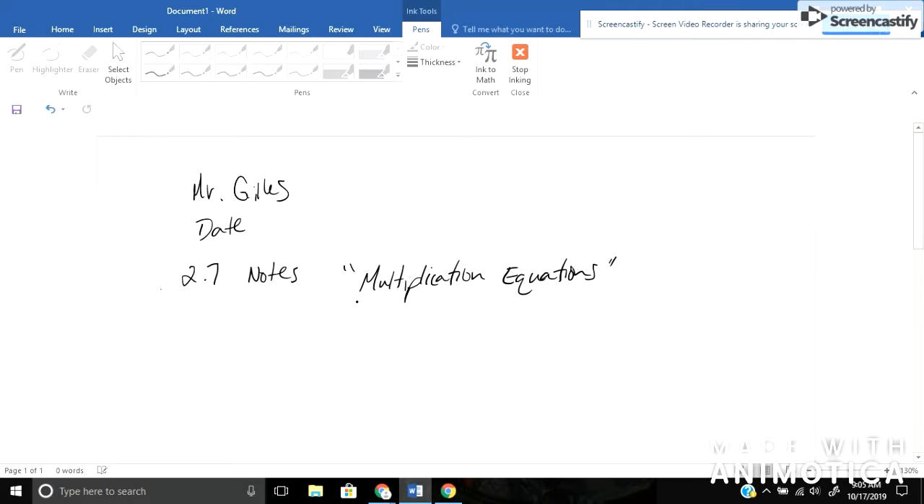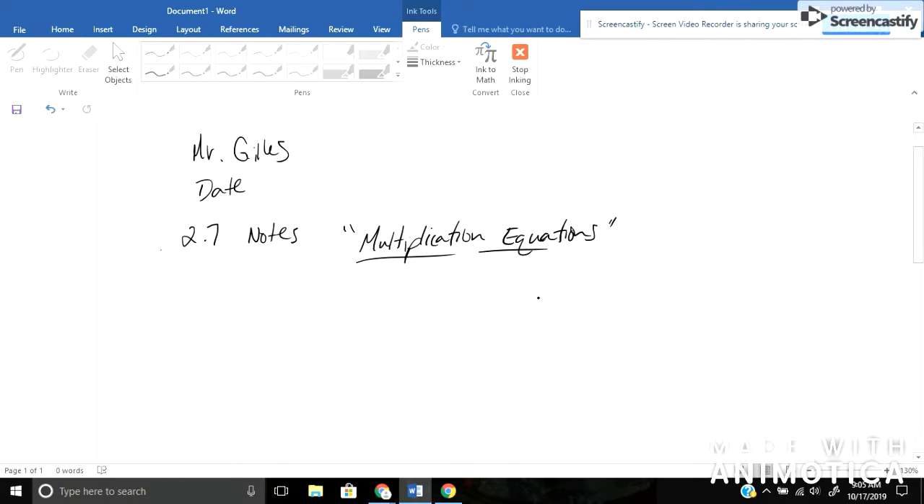Okay. So multiplication equations are going to be pretty similar to what we've been doing. We've just been working on the one steps, whether that's adding or subtracting. And let's try an example here for multiplying. Okay, so we've got example 1, which is 5p